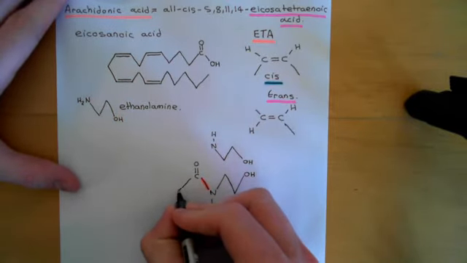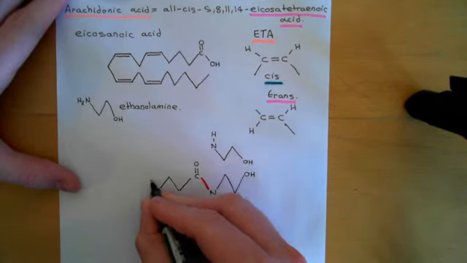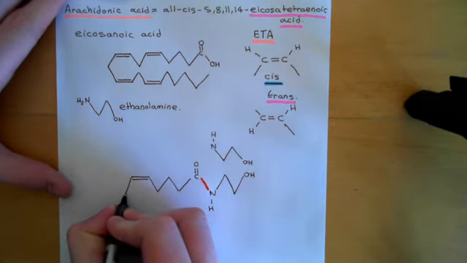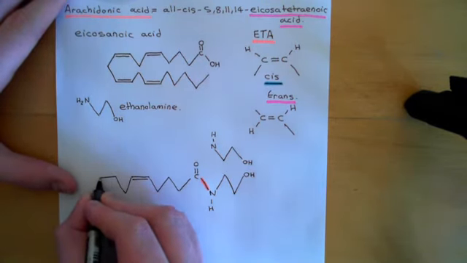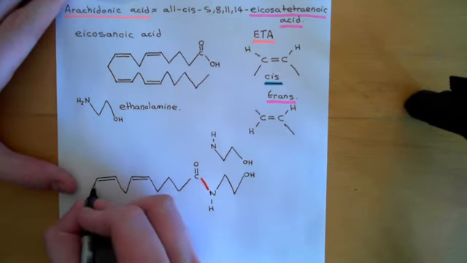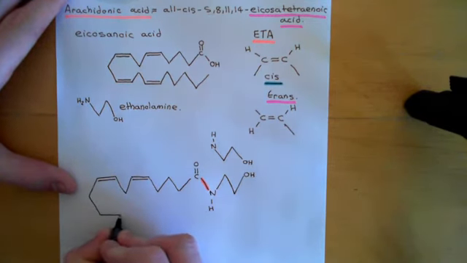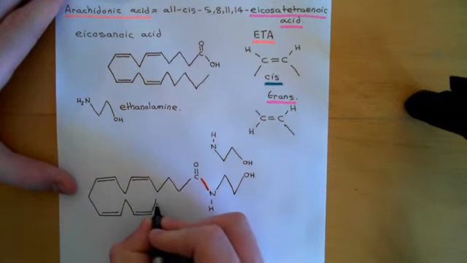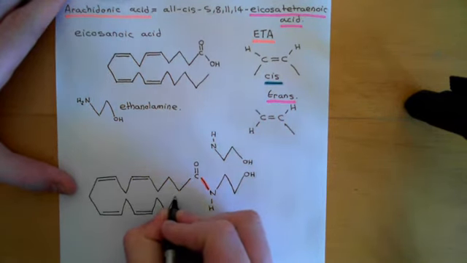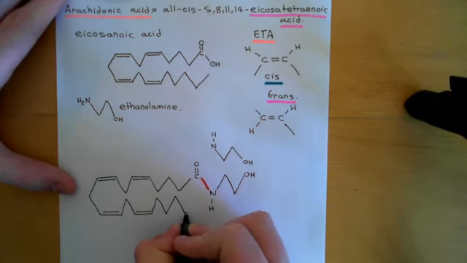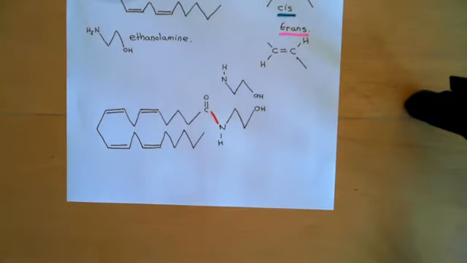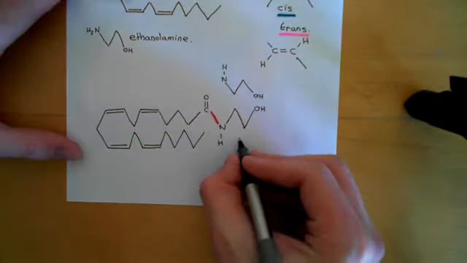So here's first carbon, second carbon, third carbon, fourth carbon, fifth carbon. We then need a double bond between the fifth and the sixth carbon that's in the cis conformation, seventh carbon, eighth carbon, ninth carbon, again a double bond between the eighth and ninth, 10th, 11th, 12th, double bond between the 11th and the 12th, 13th, 14th, 15th, double bond between the 14th and the 15th, 16th, 17th, 18th, 19th, and 20th there. Okay, right, so this now is the structure of N-arachidonyl ethanolamine, or anandamide.